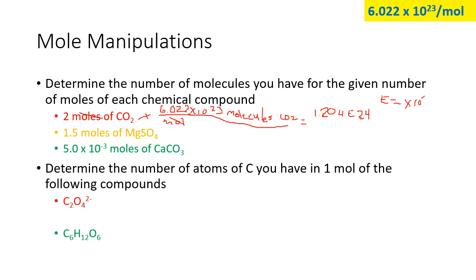It's a shorthand for this. All right, so let's try 1.5 moles of magnesium sulfate. And again, we're going to use Avogadro's number. It applies to literally everything. We'll pretend that looks like an M. And we'll have